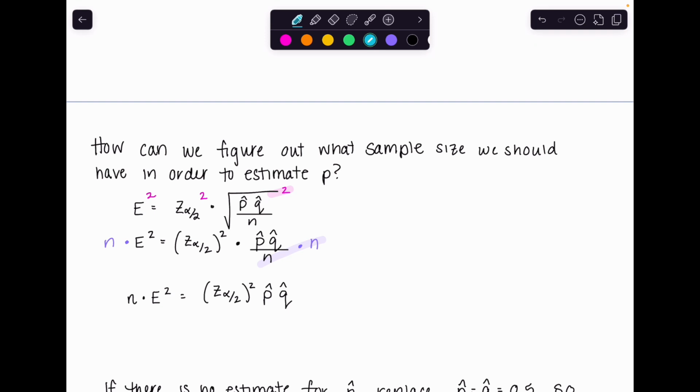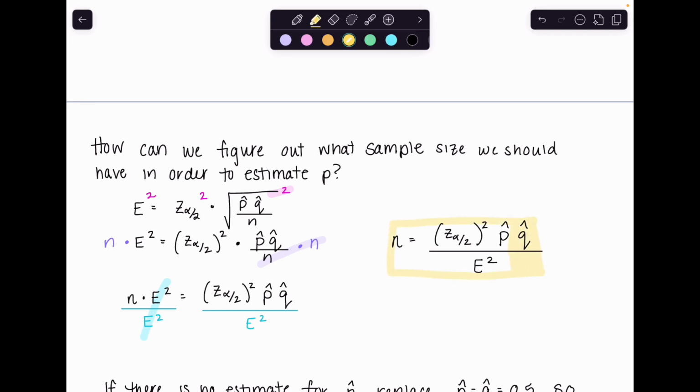And then to get N on its own, we need to divide by E squared, which means I need to do the same thing on both sides. So if you're ever stuck, as long as you know one formula, you can rearrange it for the other. So the sample size we would need is that Z-score squared times P hat times Q hat over the error squared. So this gives us how many people we should survey to be whatever confidence level we want